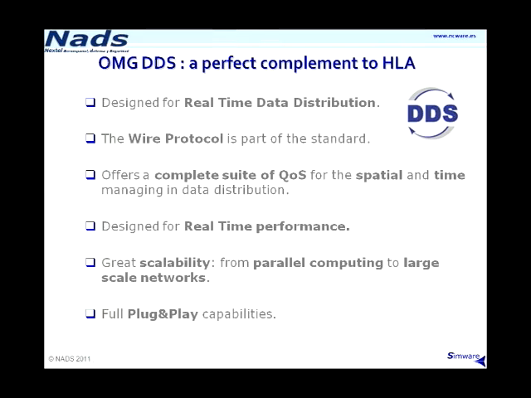Being a publisher-subscriber system, it offers great scalability over nets and nets of nets, systems of systems as they are known. It also has fast discovery of all the possible participants and plug-and-play capabilities. Even if a node enters the simulation after it has started, a new node can join at any moment without any difference. DDS offers full fault tolerance. Data are in all nodes and there are no central hubs, and it is now including information assurance as part of the standard. So yes, DDS can fulfill all the requirements and fill the gap.